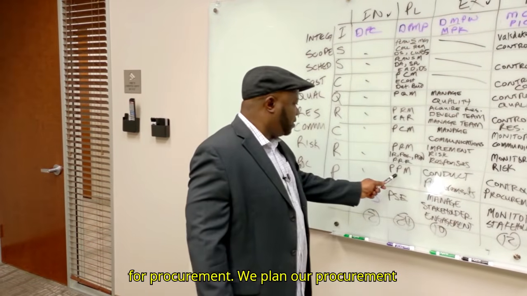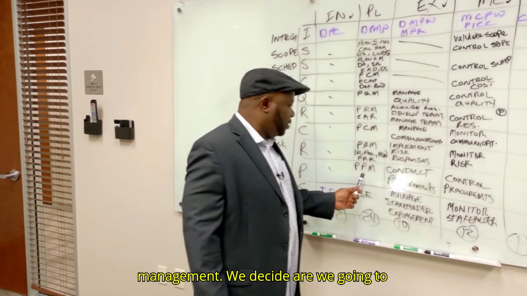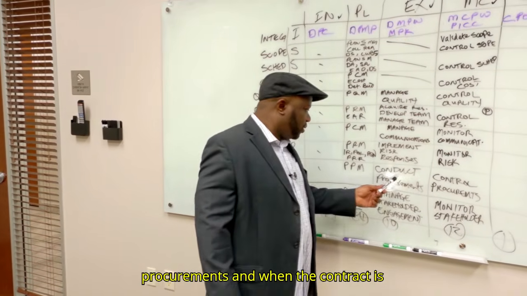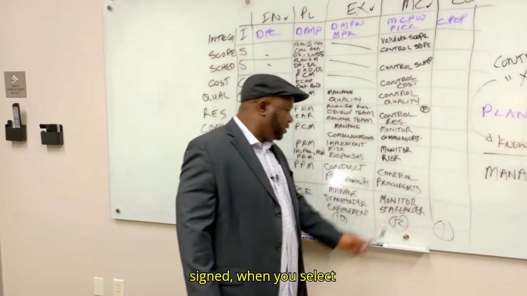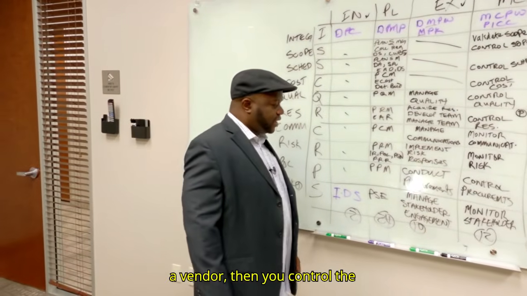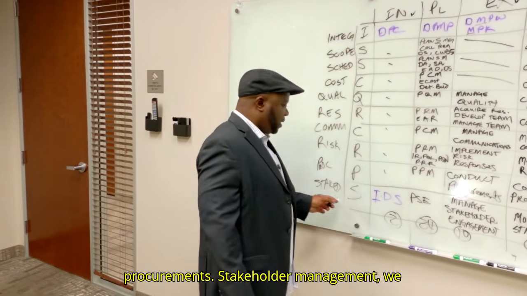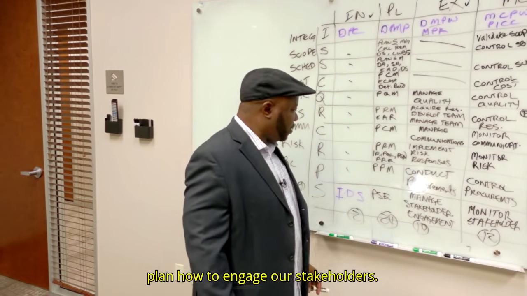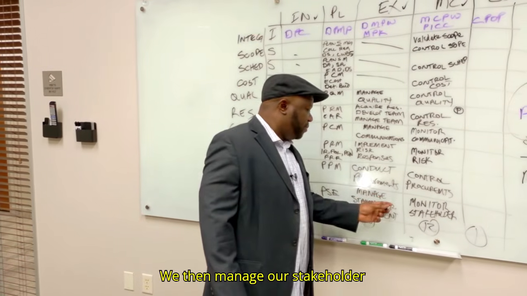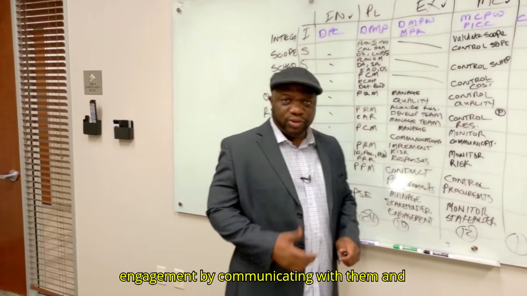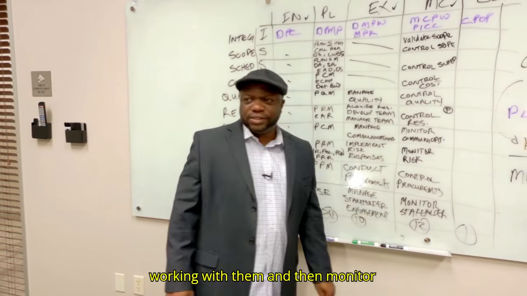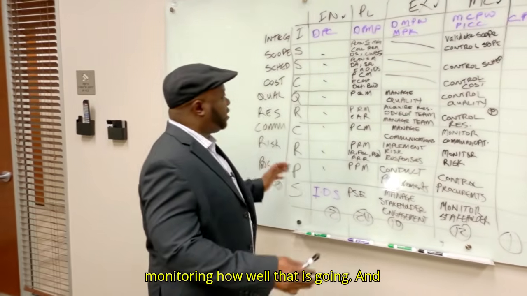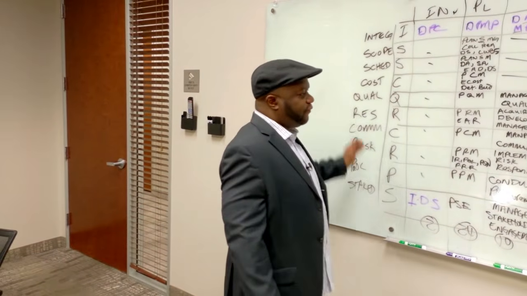For procurement, we plan our procurement management. We decide, are we going to make or buy what we need? If you decide to buy something, then we conduct the procurement. And when the contract is signed, when you select a vendor, then you control the procurements. Stakeholder management, we identify our stakeholders. We plan how to engage our stakeholders. We then manage our stakeholder engagement by communicating with them and working with them, and then monitor stakeholder engagement, which means we're monitoring how well that is going. And boom, my friends, that is 49